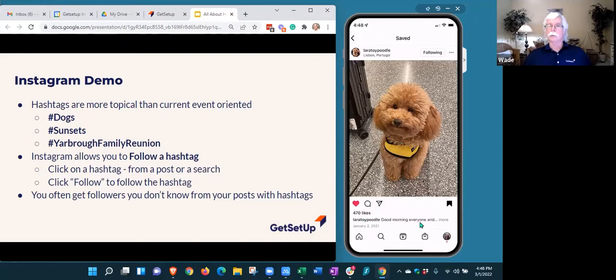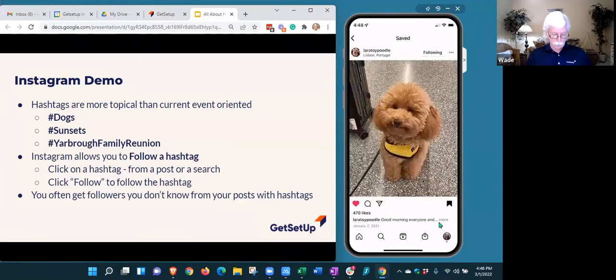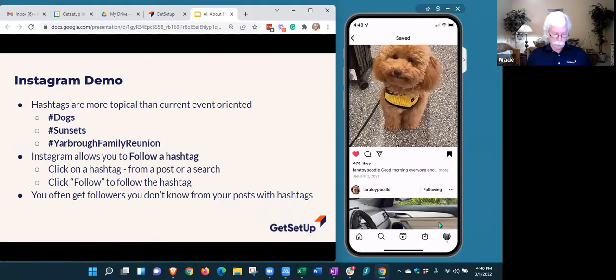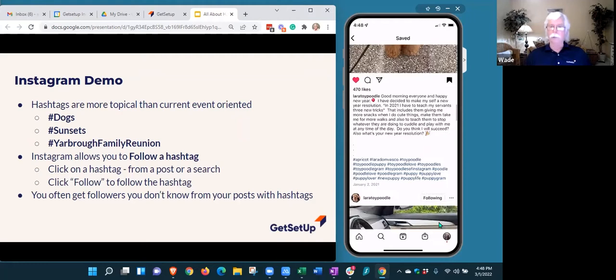And she uses a lot of hashtags. Let me click on that one. Oops. Why is this not working? It looks like a toy dog. It doesn't even look real. So here's all the hashtags that she used. And it is a toy poodle. So she's got hashtag toy poodle love, but then puppies and puppy love, so a little more broad hashtags, puppy life.